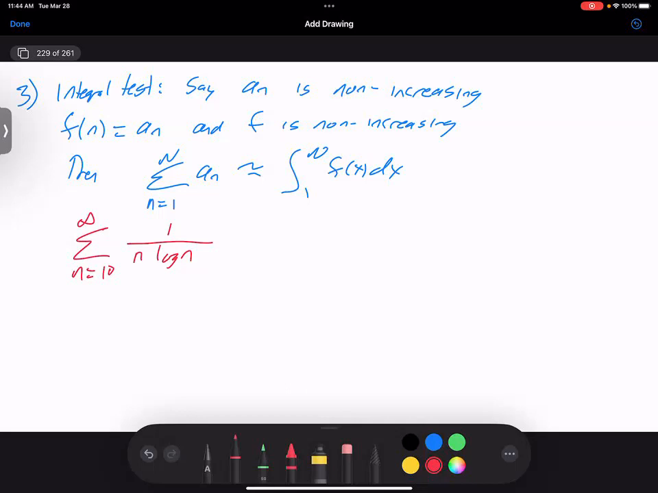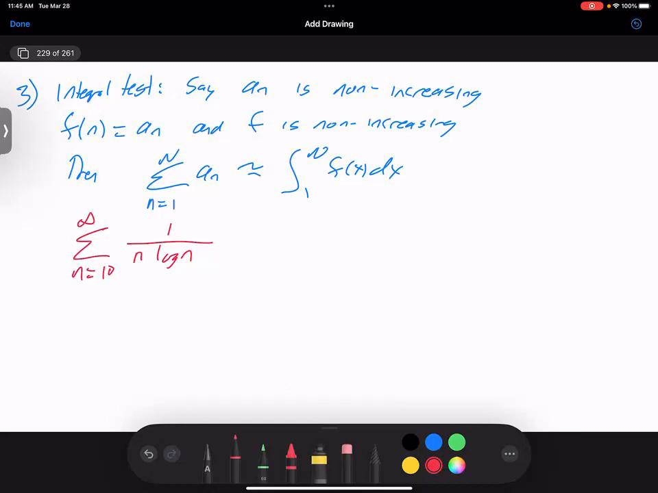What would happen if I put in n equals 1? What is 1 times the natural log of 1? Is it 0? It's 0. So if I put in n equals 1, it blows up. So I have to technically start at 2. And so just to be safe, I'm going to throw away the first couple of terms and I'll start